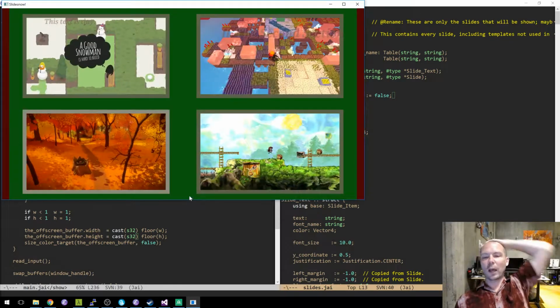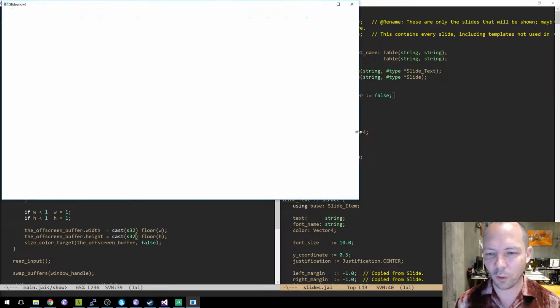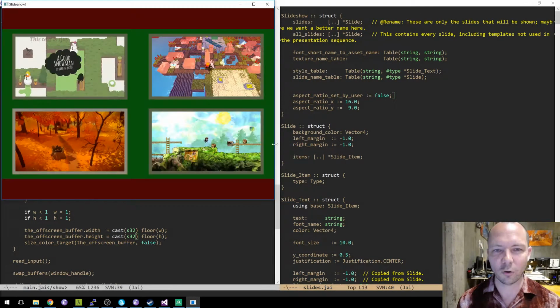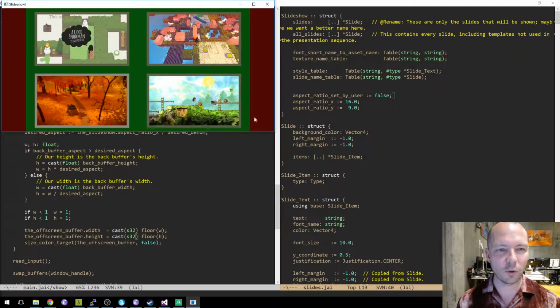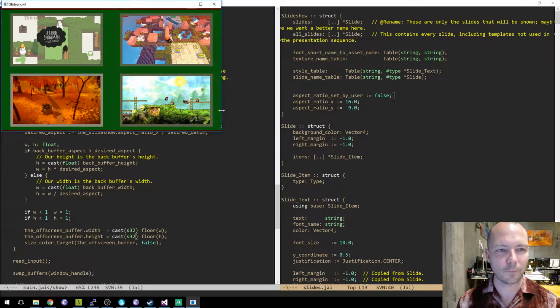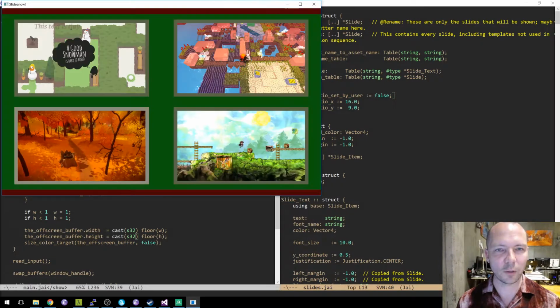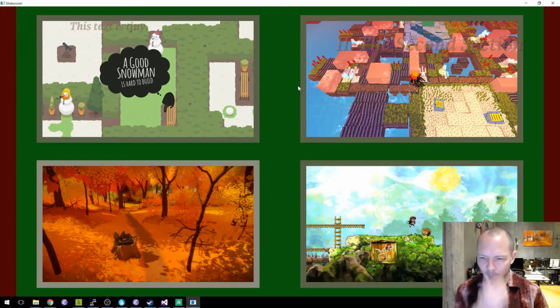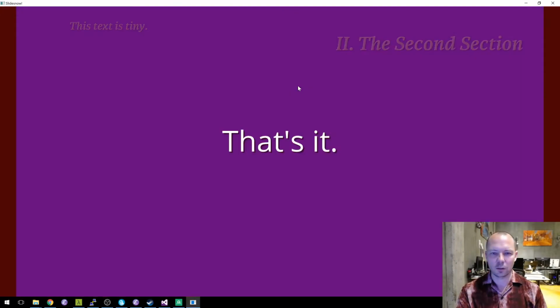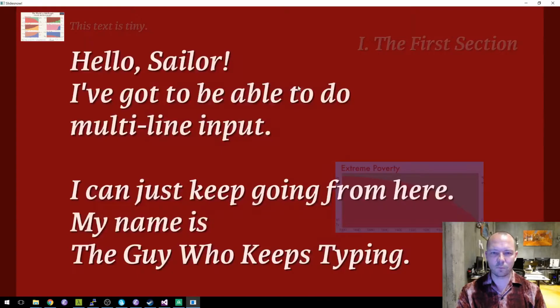Does anyone in chat know how to make a game tell Windows to draw it in this case? It's an interesting question. I don't think I've ever cared about that. But yeah, this is good. We're doing good.